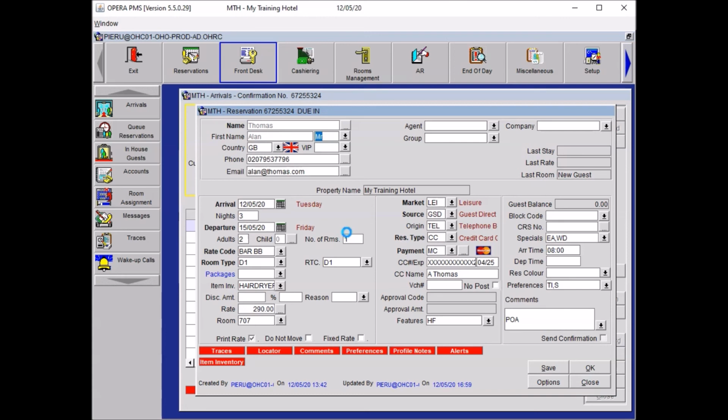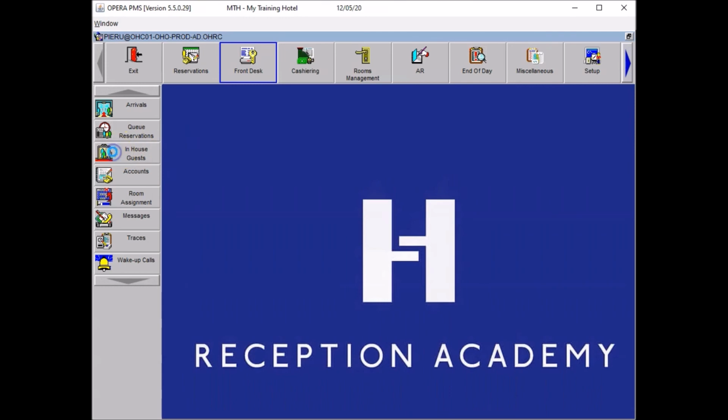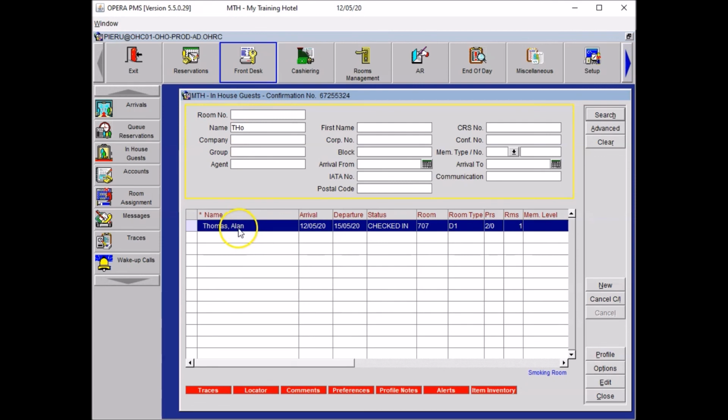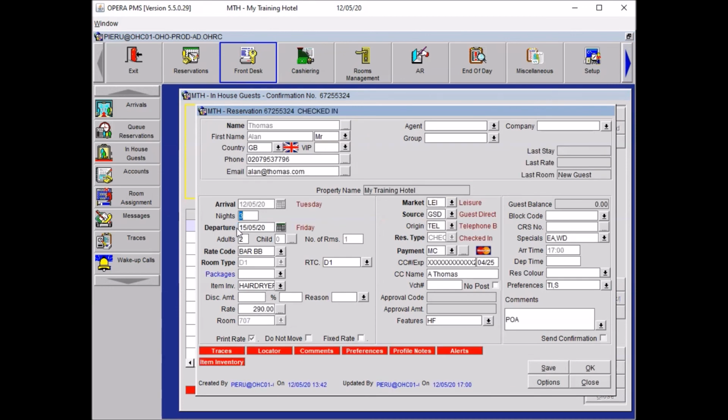Now, your guest is checked in, so he will disappear from your arrival list and you will find him in-house. So you need to close that panel, go to your in-house guest, just like so. Type in the last name again to find your guest, so Thomas. Click search, open the booking, and we have to authorize the credit card. So you will have taken the guest credit card, you will have put in a chip and pin device, authorized the money for the stay, and what you have left to do now is to go to options